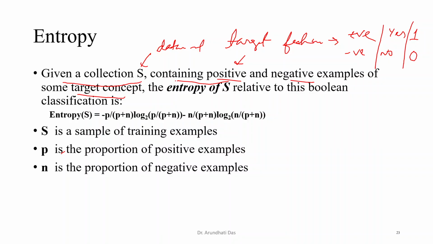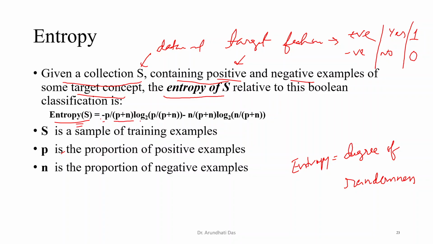Now for this two class problem we need to calculate something called entropy. What will be the entropy? If we go with the definition, entropy is the degree of randomness. We also have a mathematical formula to tell the degree of randomness. That is: minus p divided by p plus n multiplied by log of p by p plus n on